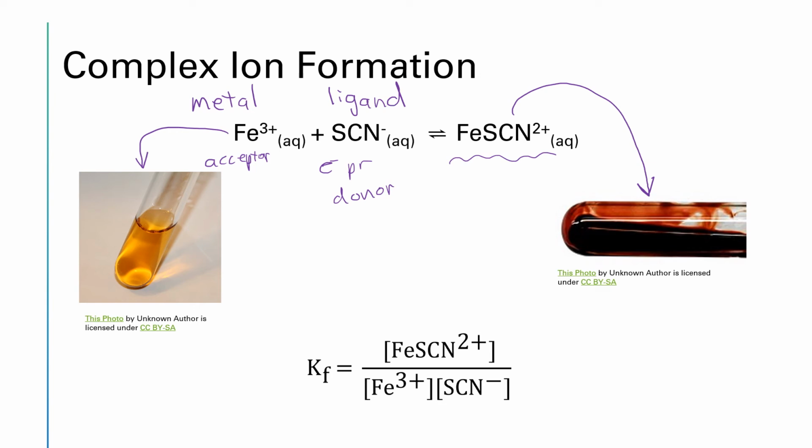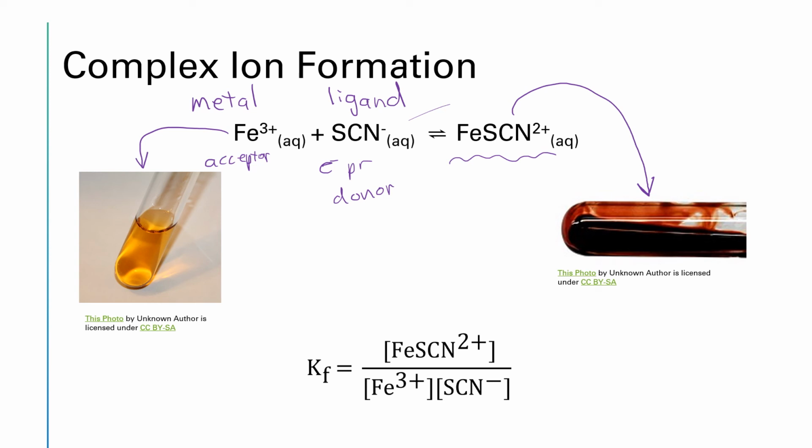And so in the case of the Fe+3 ion, the iron ion in water actually is coordinated with water. So water is serving as a ligand when iron has that orangish yellow color to it. But then one of those water molecules gets displaced by a thiocyanate ion and the color changes dramatically to this